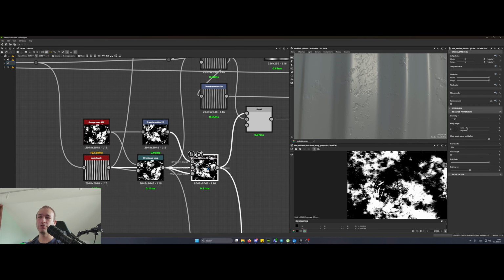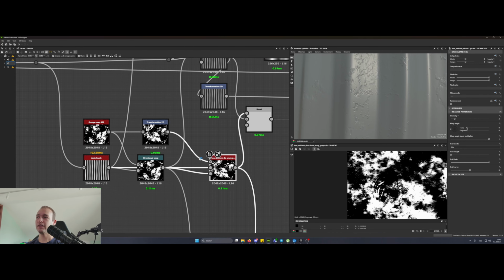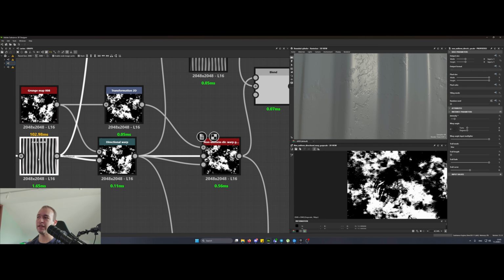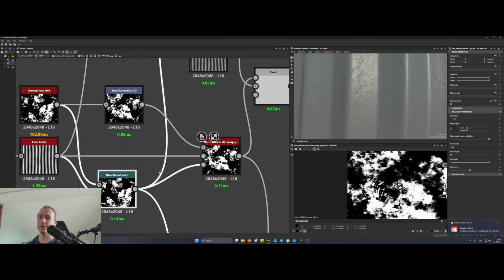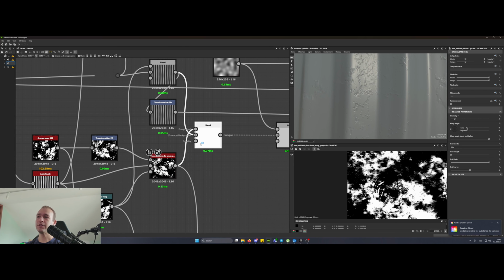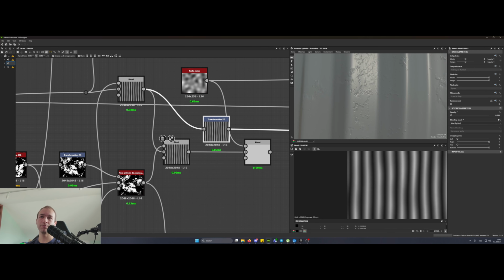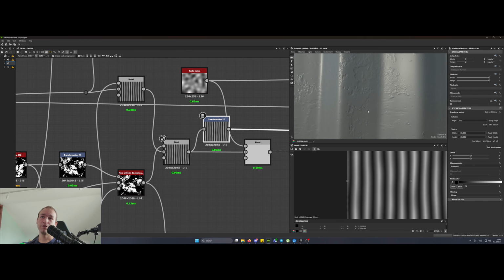Then get a non-uniform directional warp. As the primary input, we get that transformed grunge. As the intensity map, we get our main height, and the warp angle is the directional warp. Then we simply blend that on top using max whiten, and you can see it's not making a whole lot